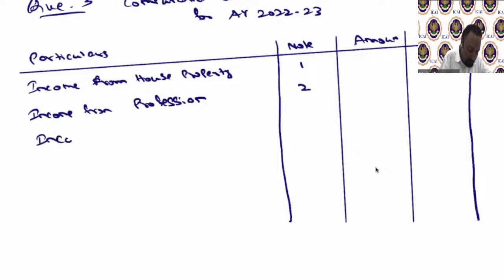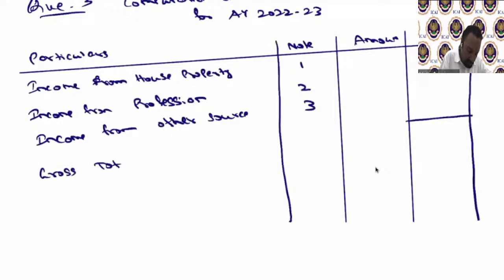Then you have income from other sources, you'll have 3. Then you say that will be your gross total income. So that will be your 4. Sorry, there are no notes. There's no note for it, right? So